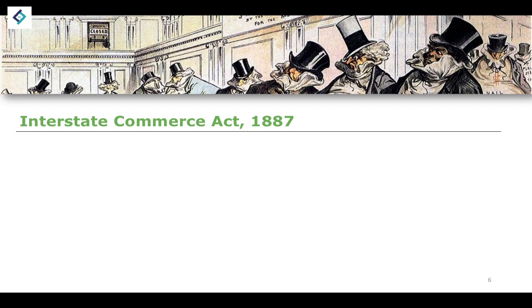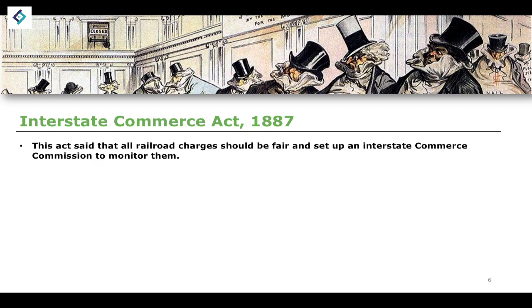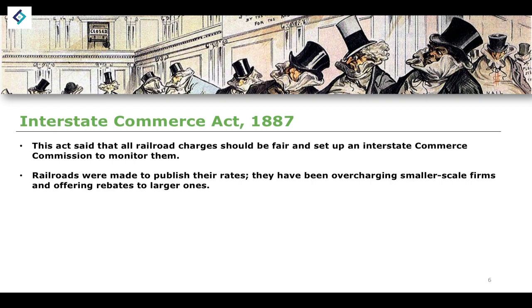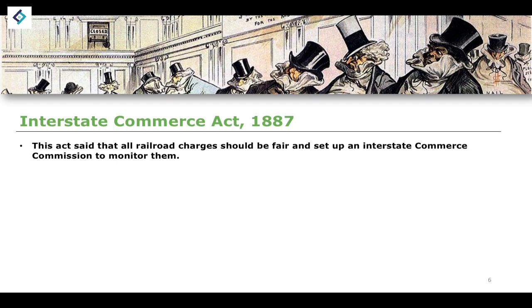Firstly, we have, for example, the Interstate Commerce Act of 1887. What this act said is that all railroad charges should be fair and set up an Interstate Commerce Commission to monitor them. The reason why this is the case, and the reason why this is important, dates back to our previous lesson when we talked about monopolies and monopolistic enterprises. If you remember what I said, if you have a monopoly on an industry that has a certain amount of demand, then you, as that monopoly, have the ability to essentially do whatever you want within that market. You can raise the prices and nobody would be able to say anything otherwise. They could complain, but they wouldn't be able to say anything else